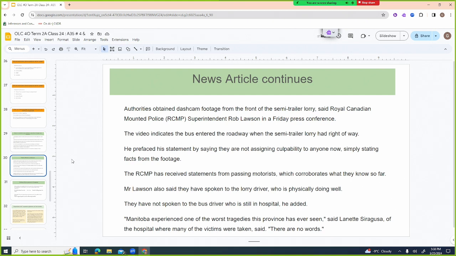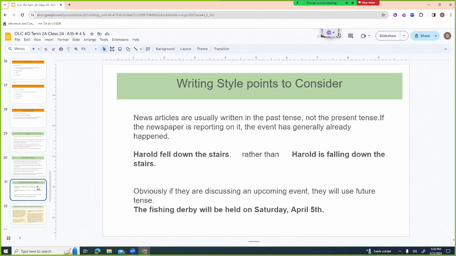And I'm saying this because I've had a lot of students hand me in like 4 sentences, and I just won't even mark it if it's that short, right? There's no point. It needs to be an entire page. So please make sure to take your time and do a thorough job with this.